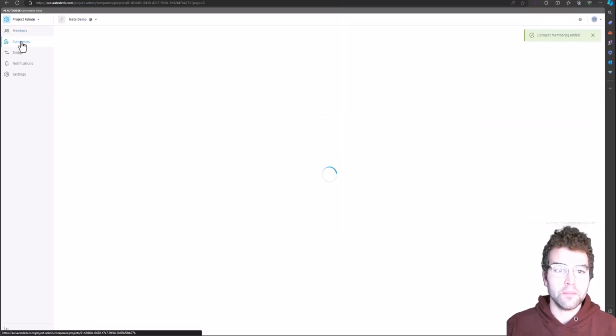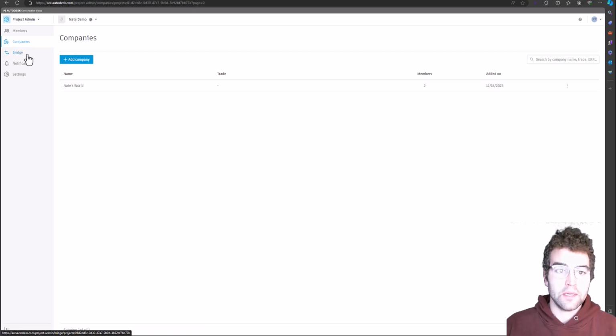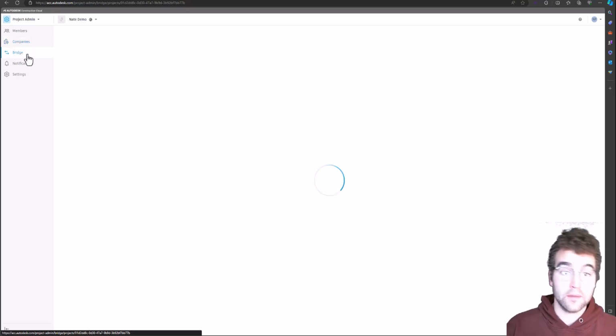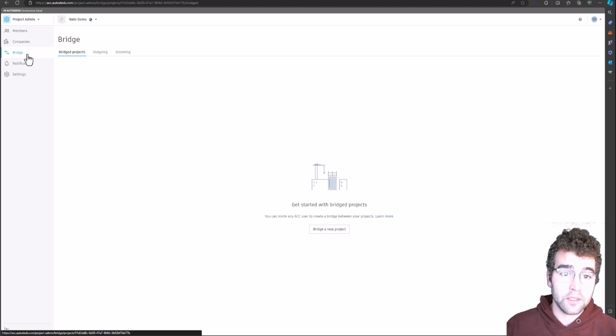So we have companies here. So companies in the project. Bridge, we'll talk about this separately, but what this really does is it connects projects together. So projects have been historically their own silo. Everything lives in the project. Now things can live in two separate projects, or they can go from a project on one account to another